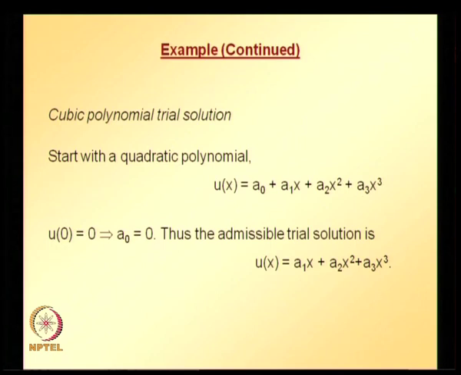That is, first step is multiply the given differential equation with variation of the quantity that you are interested, integrate over the problem domain, apply the integration by parts, reduce the order of the highest derivative appearing in the expression, and apply the essential boundary condition, that is wherever essential boundary conditions are prescribed there variation of u is equal to 0, apply that condition, and also you substitute the natural boundary conditions and simplify